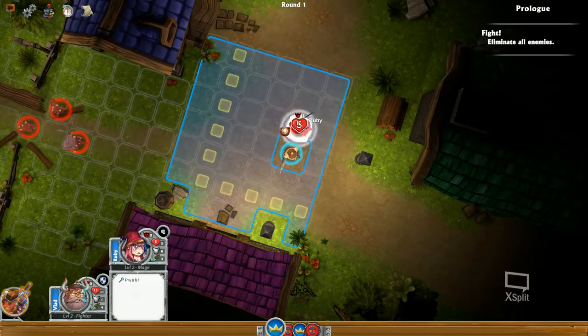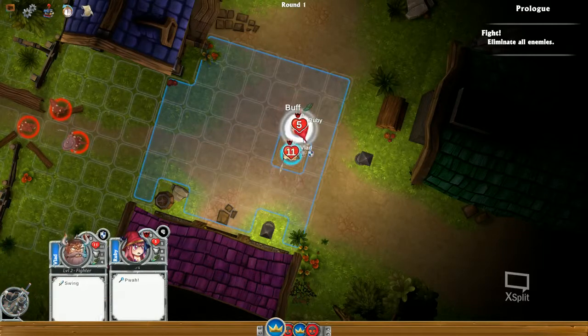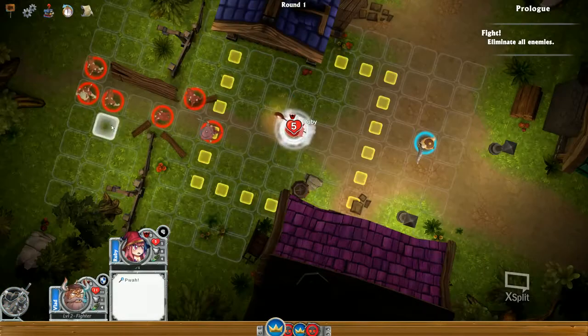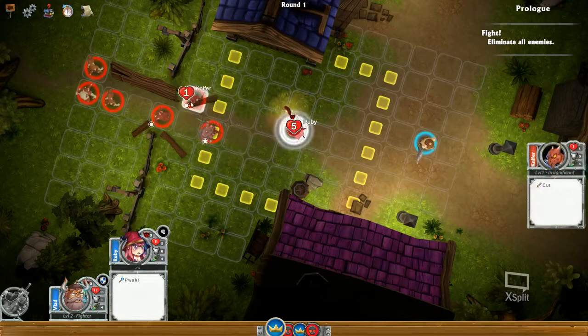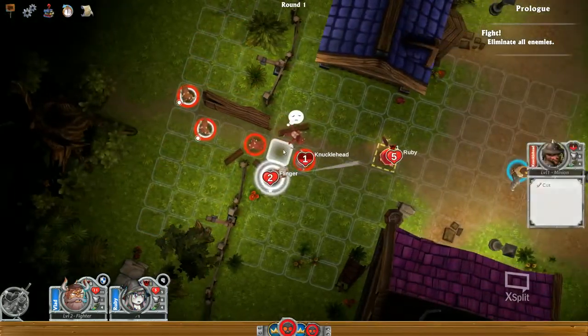I guess I could get her one closer. Let's give her a lettuce here, and then move her up one so she can... We're gonna try to at least hurt him, because he won't die, but better to do damage than not do any damage at all if you can. And then, obviously...